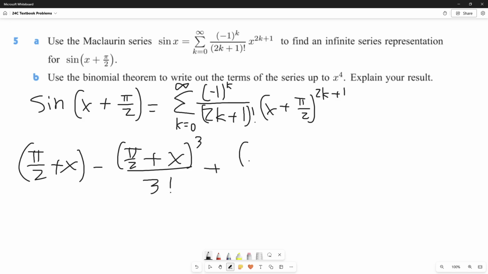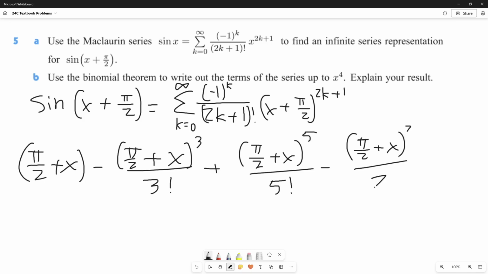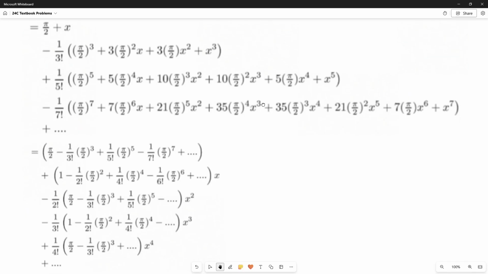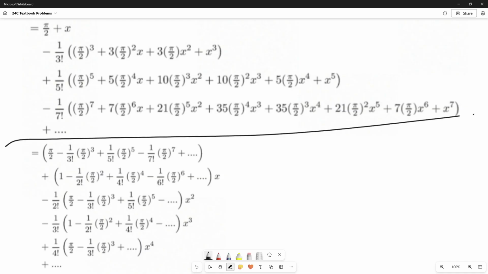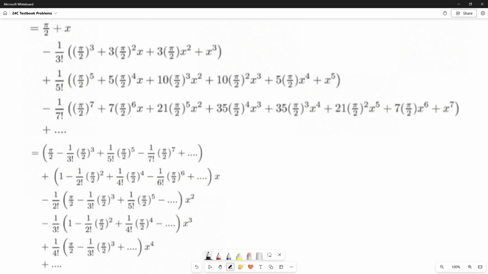factorial plus pi over 2 plus x to the 5th over 5 factorial minus pi over 2 minus plus x to the 7th over 7 factorial, and so on. And this is where you use the binomial theorem. You use the binomial theorem to expand out your binomials, and then after you do that, you're gonna get to this first part. I didn't feel like writing all of it out because it's pretty long, but you're gonna get to this first part. There's not much to explain, you just kind of do it, use the binomial theorem,